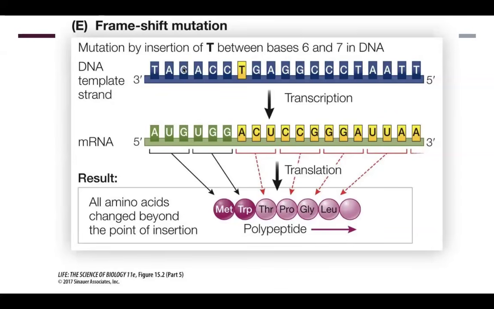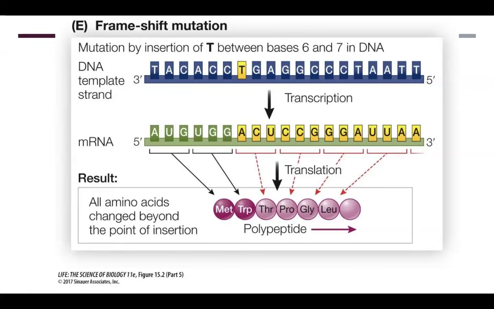Why is the mutation in the template strand instead of the mRNA? The mutation is in the template strand because the mRNA is created from the DNA template strand. There could be slight mutations in the mRNA, but typically the mutation occurs within the DNA itself. The DNA itself has random mutations, and then the mRNA is just the strand that reads off of that template strand and then copies it.